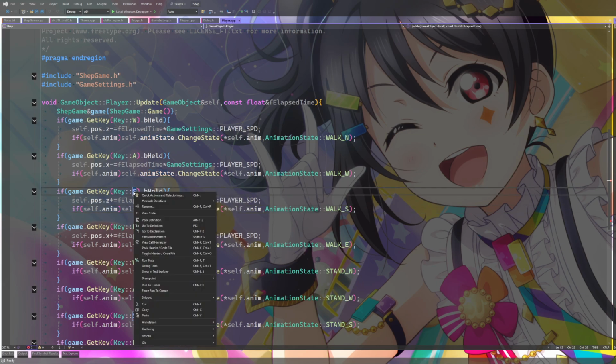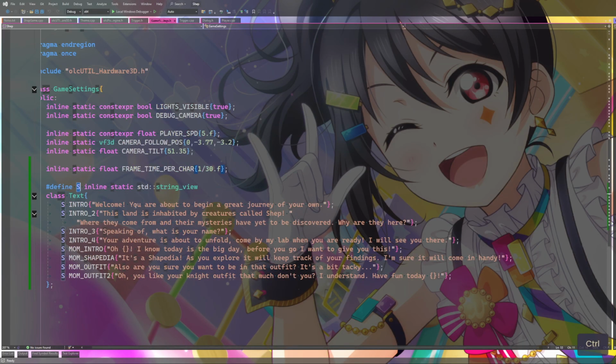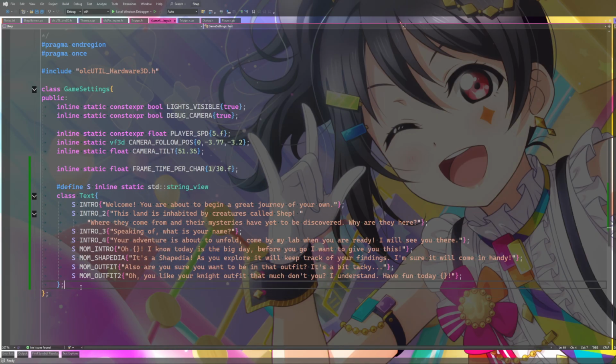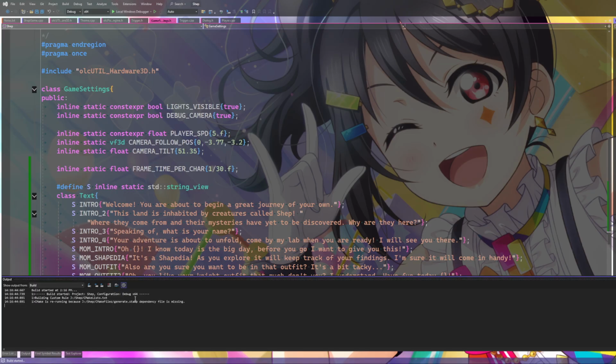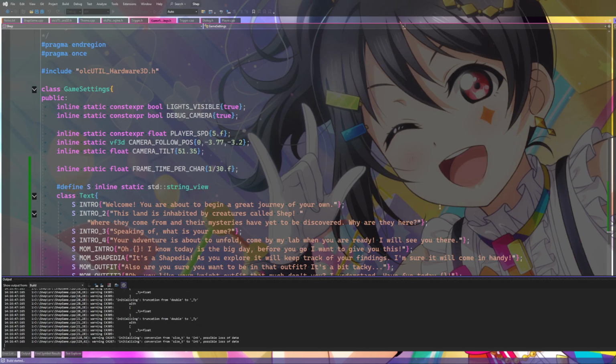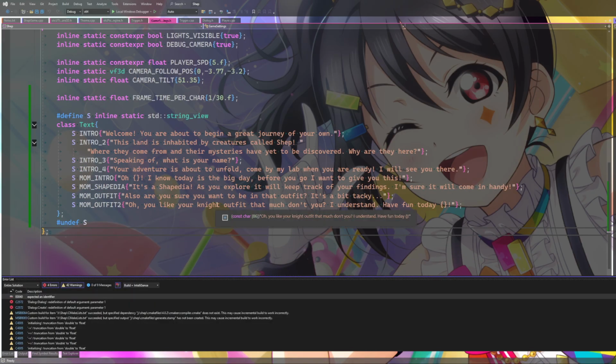What? Oh no. I have to go find the macro. I added a macro called S in game settings just for this. I need to like undefine it. Oops. Silly. I just wanted to save a little bit of typing there.